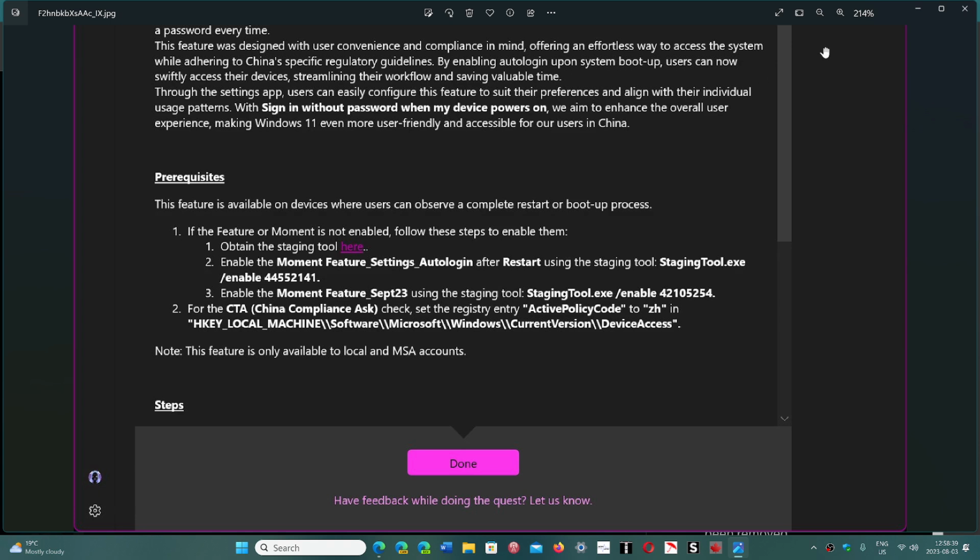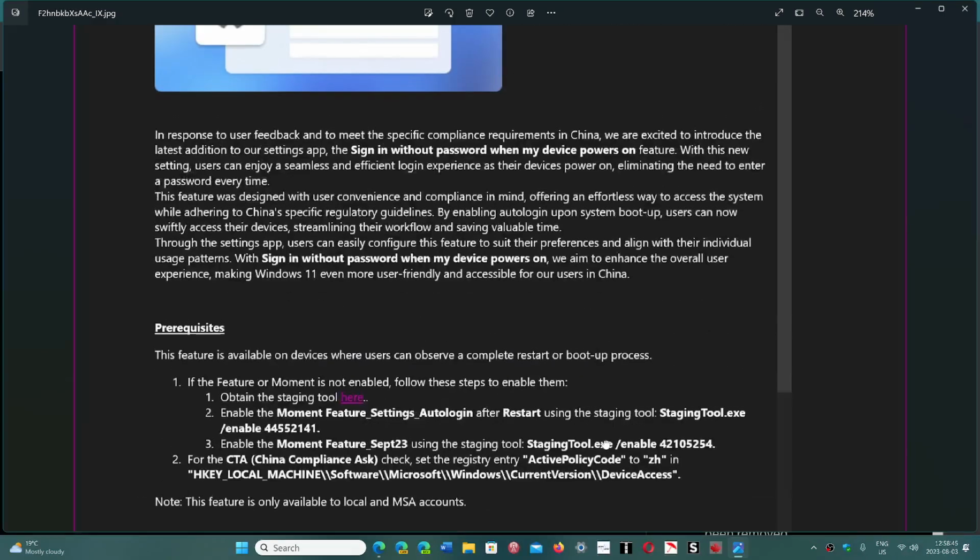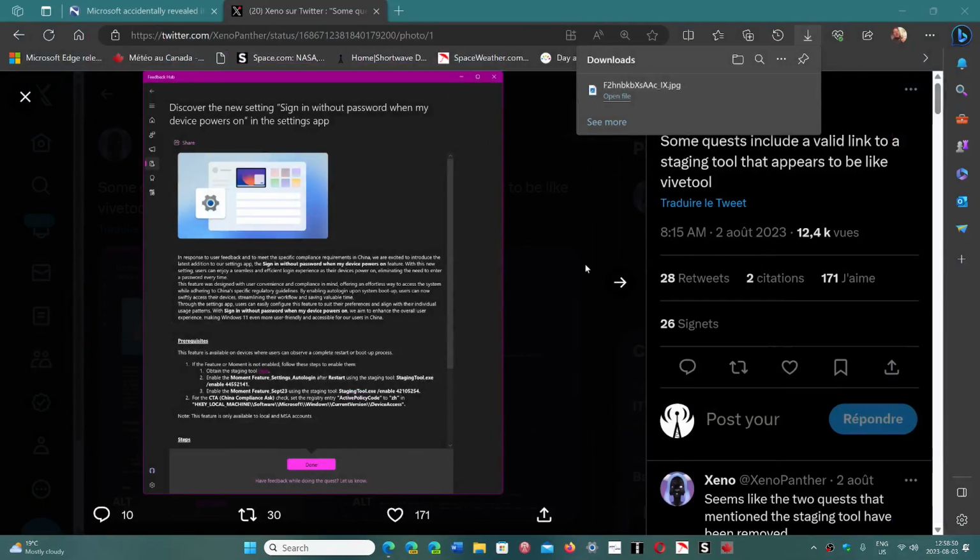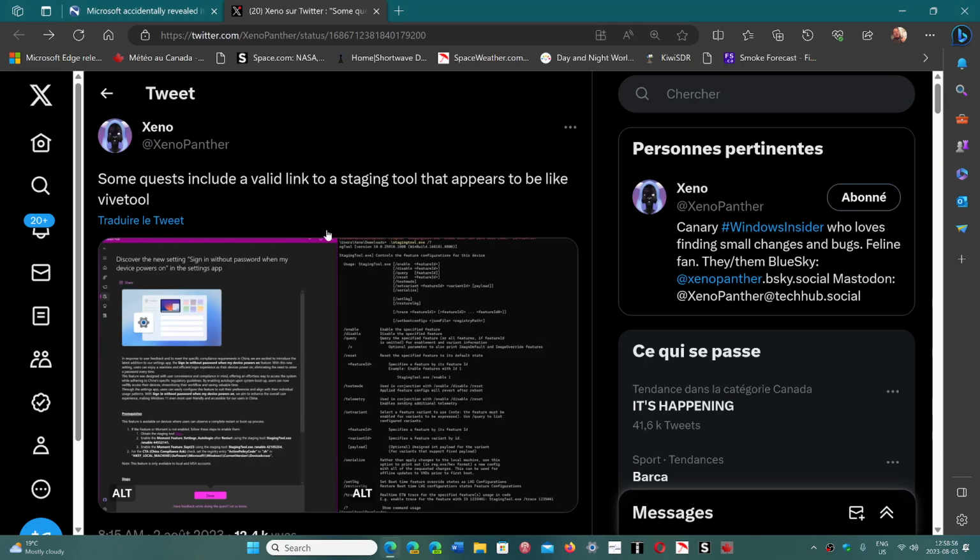But the funniest thing is that this is kind of like the Vive tool. It's a tool that enables features that are within Windows that aren't supposed to be there. So it's kind of interesting. That quest has been removed now, and it's just too funny. So if you want to learn more,